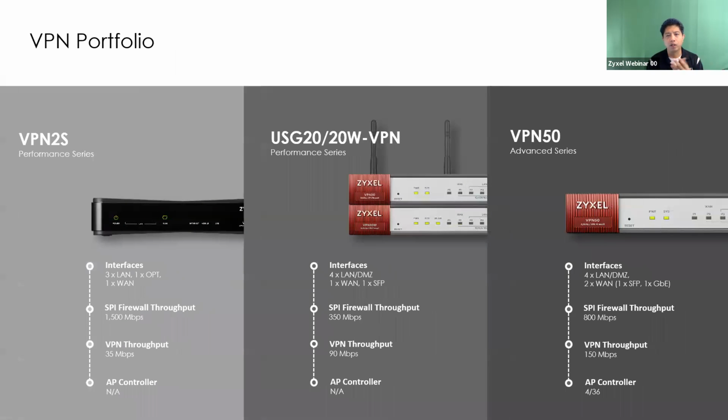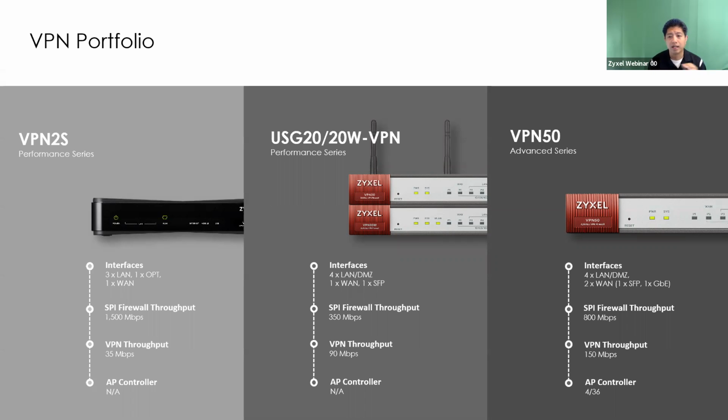Now the VPN portfolio, we always have a scale, so you have a small end. Just a caveat, the VPN2S is our kind of small home office type device. That does not have the VPC, as well as the USG20 VPN. Those models do not have that VPC. It's made for that small office space. So you're made to connect to your office from your home. Or maybe you have a small office that has like 5 people that's trying to connect back to a bigger,